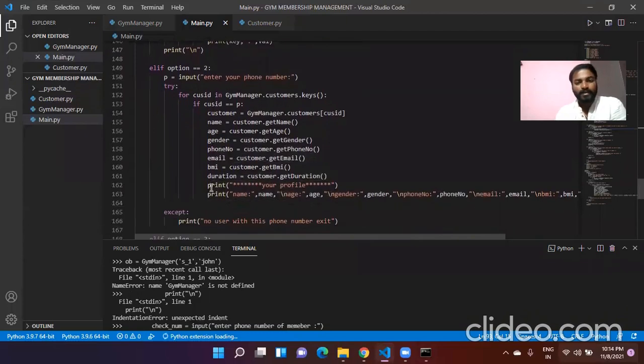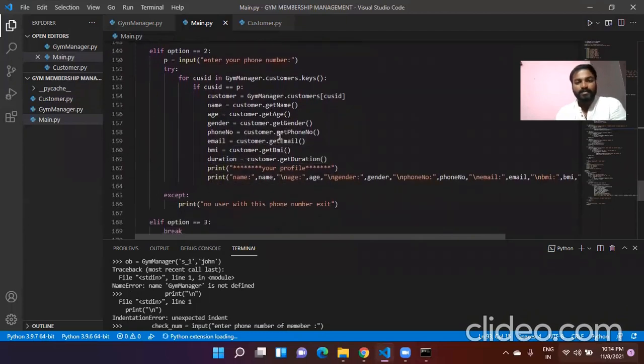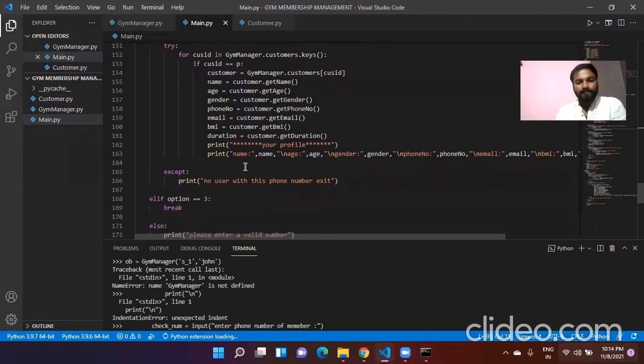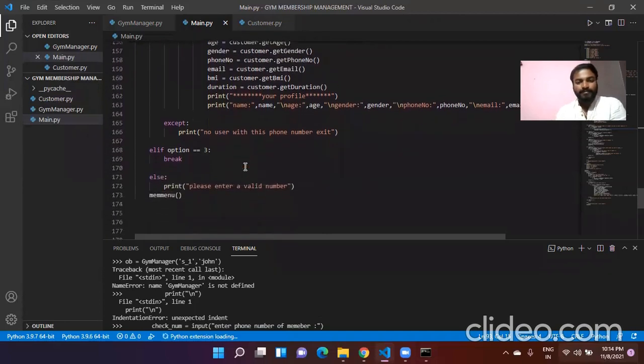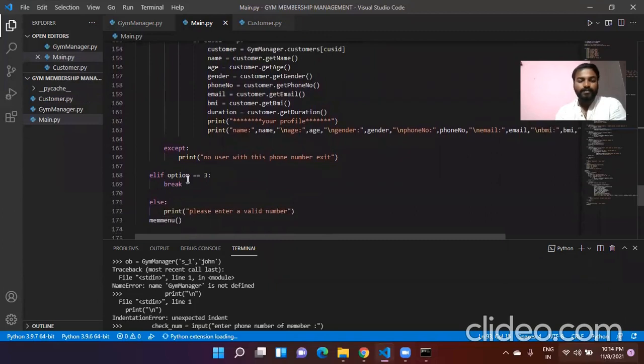Here I use the get methods to access the data from the customer methods. If option equals 3, this will break the entire program. It prints an invalid number.